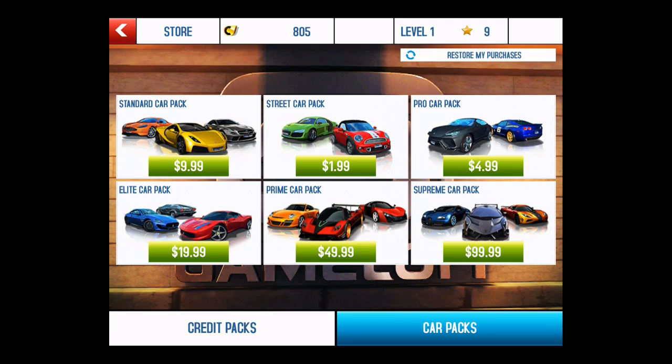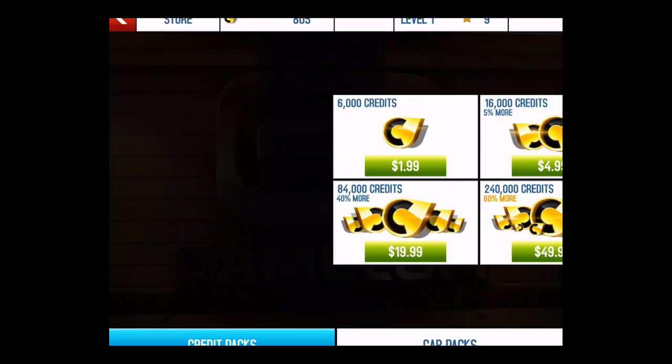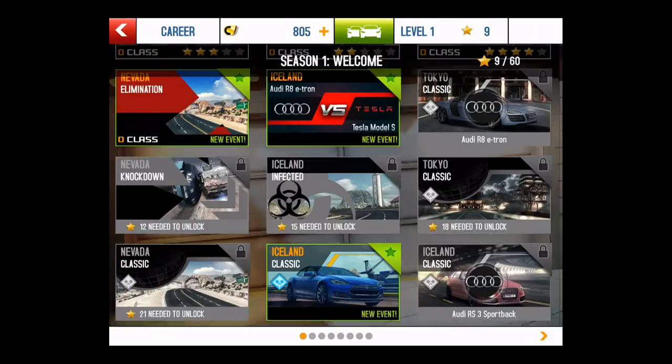Yeah, so here's the in-app purchase, and again, there's almost no reason to buy this stuff unless you really want a huge head start out the gate, which again, there's no real purpose. And here are the credits you can buy, ranging from $1.99 to $99.99. But again, there's not much reason, because like Jared said, you just pick a car that you like and go nuts and play that car as much as you can,